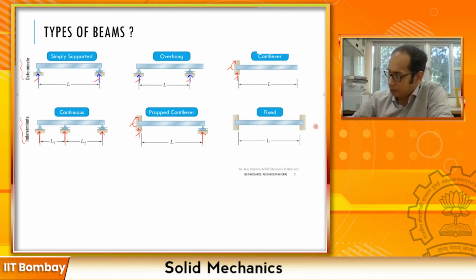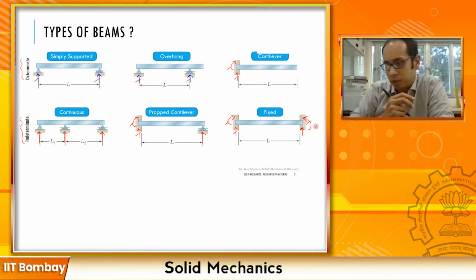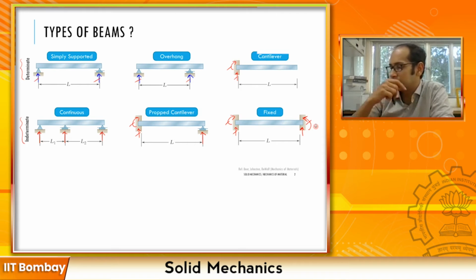So as you can tell, for this particular type of beam, you will have a vertical reaction and a moment at one end, a vertical reaction and a moment at the other end over here. So you have four unknowns but two equations of equilibrium. And so this is in a sense more indeterminate than the other two cases that we looked at, right?